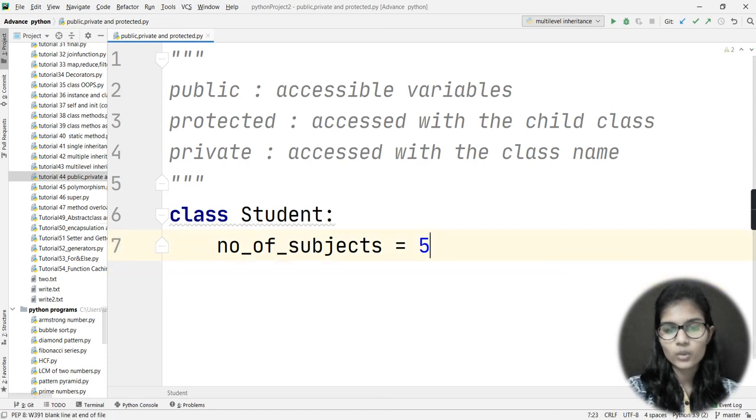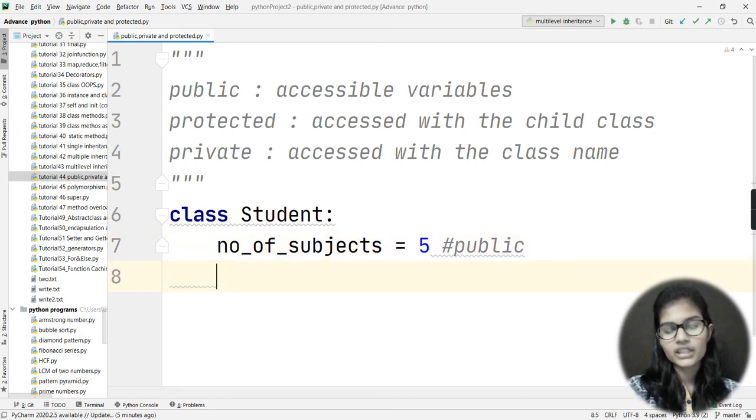So what is this? This is actually my public variable. A public variable means this is a class variable. So public variable is another name for the class variable, because these can be accessed with the help of the class and the object as well. As I showed in the very second video when I discussed class variables, you can access a class variable with the help of the object name and even with the help of the class. That is why these class variables are called public variables.